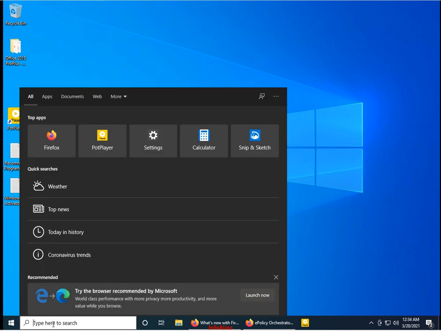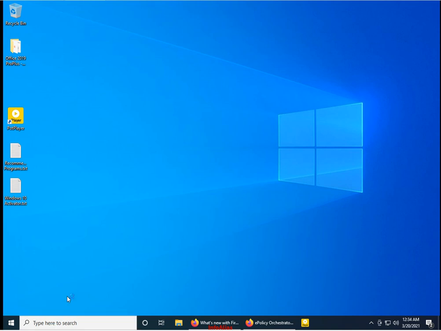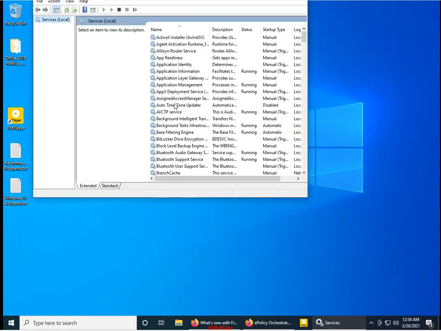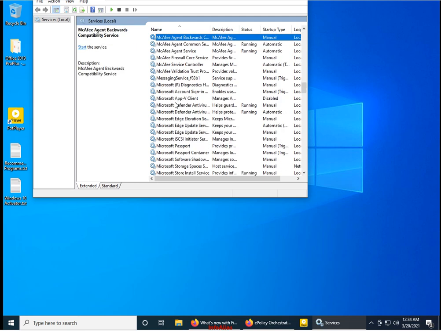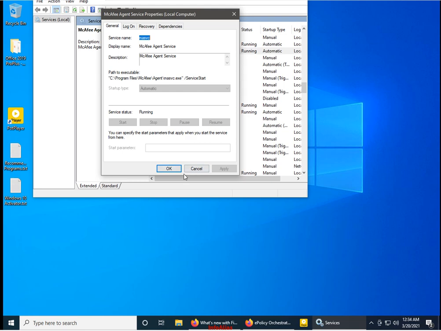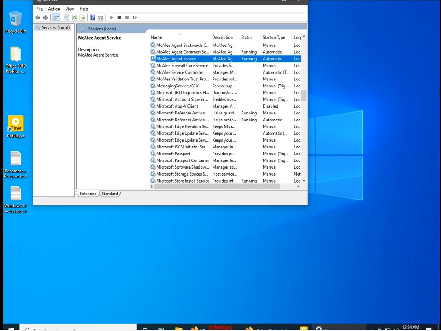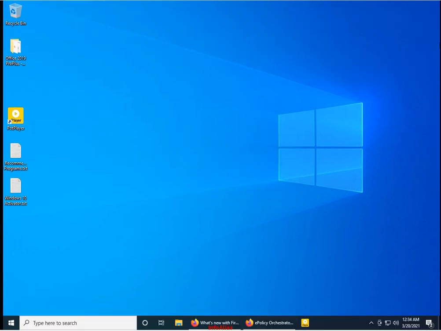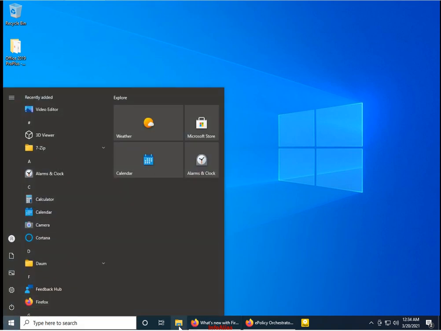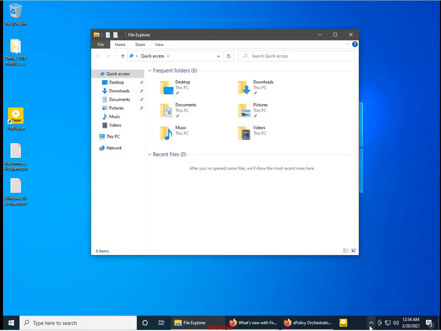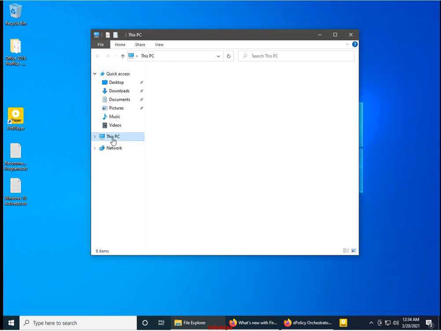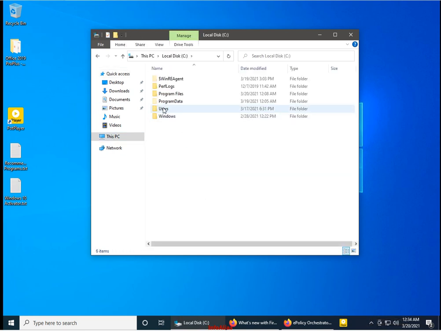I need to go in the services if agents are there. This is McAfee agent services, and I need to go on the client machine. If this agent is not showing over here, you can search the agent.